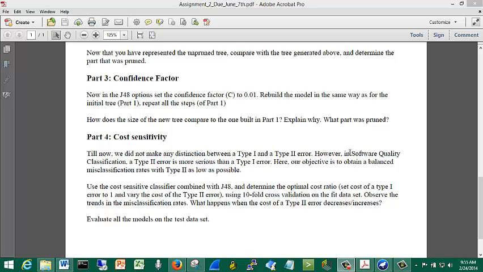Hello class, this is the second part of the video tutorial for assignment 1. This will deal with parts 3 and 4, part 3 being the confidence factor and part 4 being the cost sensitivity. Okay, so on the confidence factor, we're going to go back to our WEKA model that we used, putting